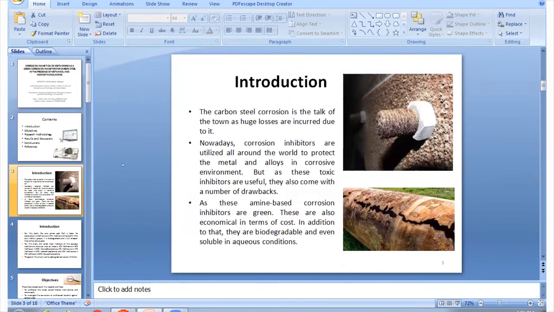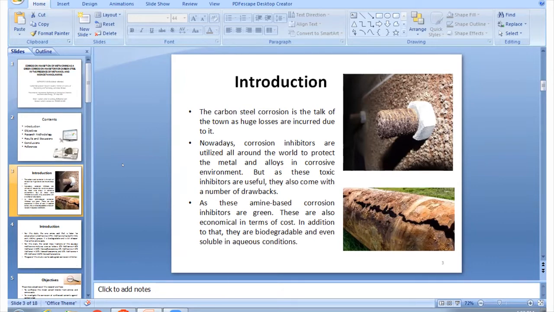As we are all aware, carbon steel corrosion is the talk of the town, as many huge losses occur due to it. Carbon steel has a number of applications, like buildings and bridges, cars, gears, railways, pipelines, fridges, washing machines, to name a few of them. As carbon steel alloys are mainly used in automobile body components,